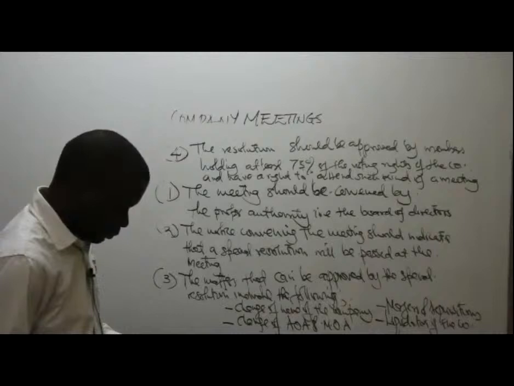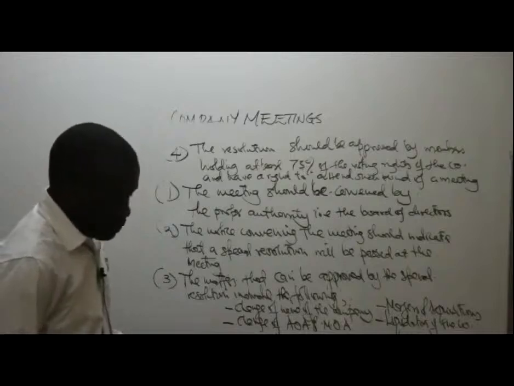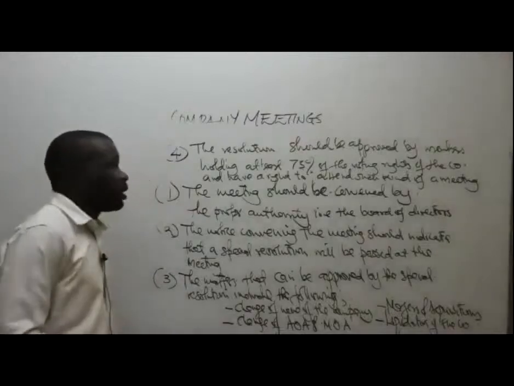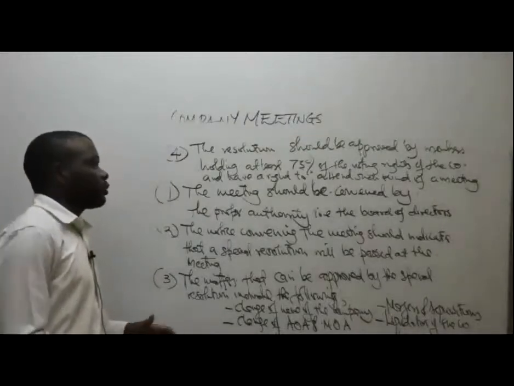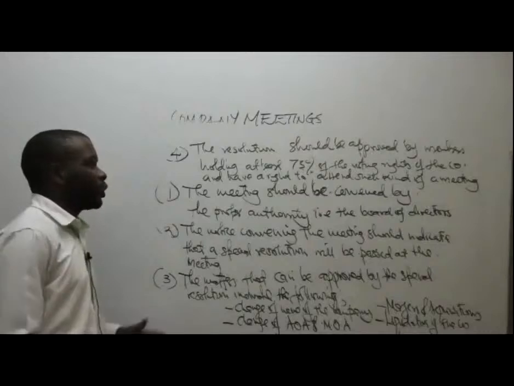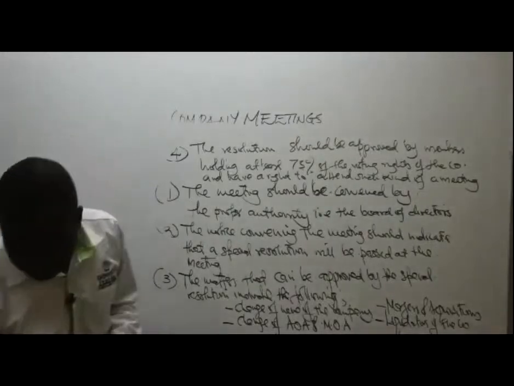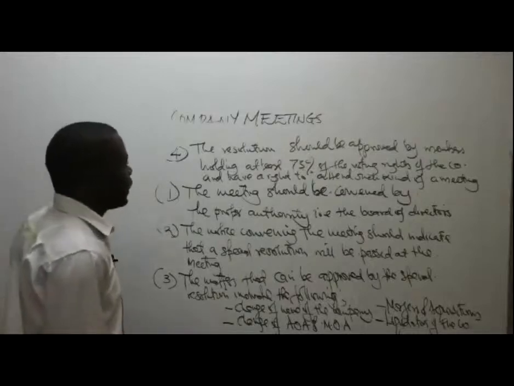Mwalimu, can you also talk about the minority, the 15% not supporting the resolution? So the 15% not supporting the resolution. So maybe number 5, you can say